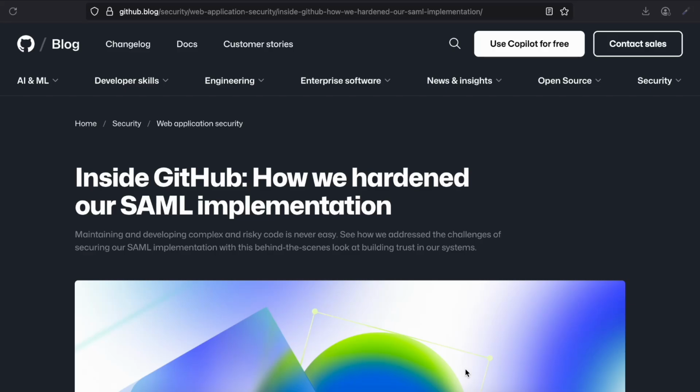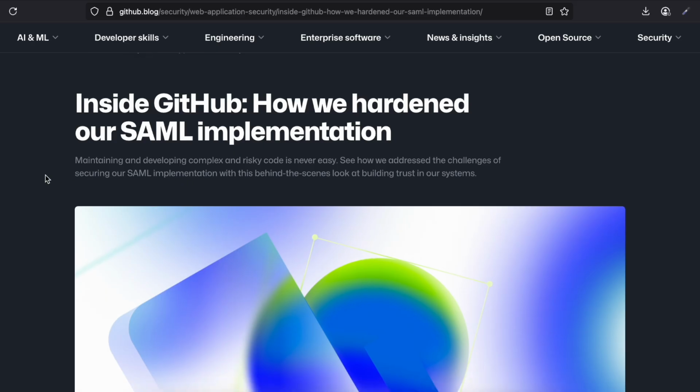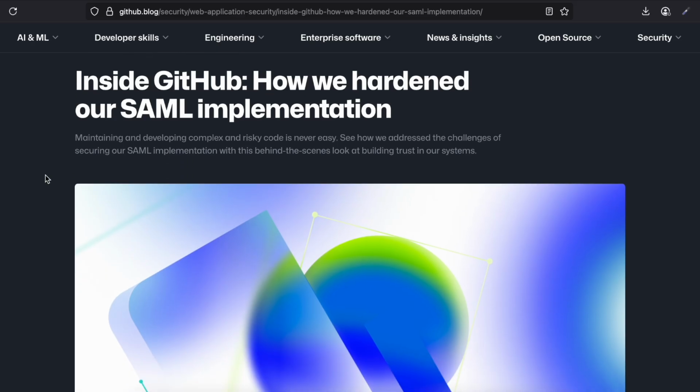Hey everyone, so GitHub has published a blog post saying how they harden their SAML implementation. So let's go through it. Maintaining and developing complex and risky code is never easy. See how we address the challenges of securing our SAML implementation with this behind the scenes look at building trust